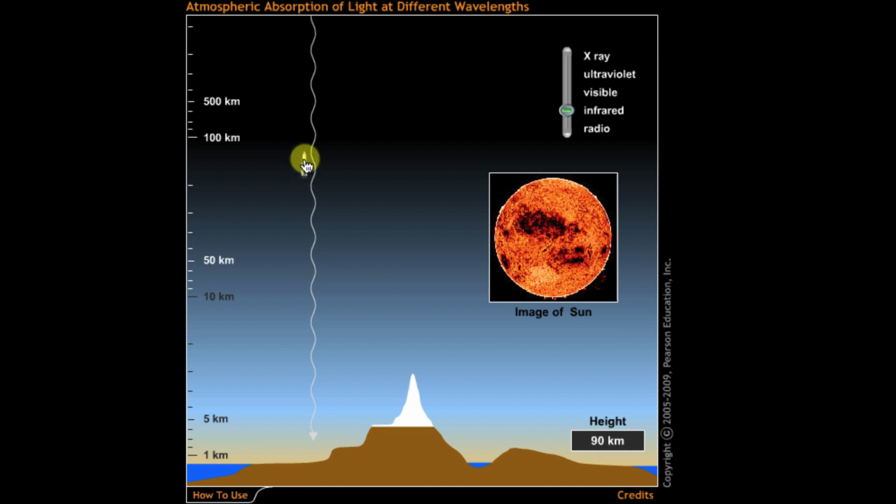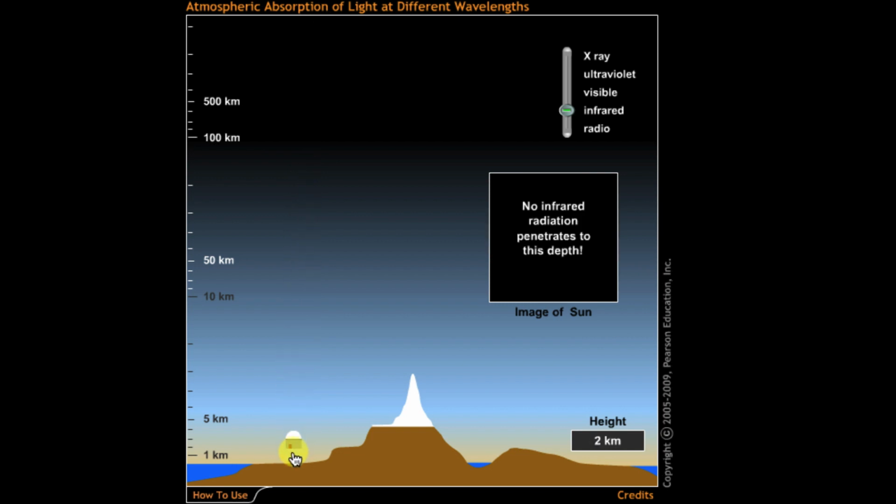But as always, the higher you are, the better. You're just going to always get a better image. You're going to see more clearly because of the lack of atmosphere. And so this is, again, an image of the sun in infrared. So if we brought our observatory all the way to the ground, eventually the atmosphere blocks out all that infrared light, and so we can't see much down here. Plus, you're going to be near a lot of warm things like the ground itself, and the infrared telescope down here just might not work very well.